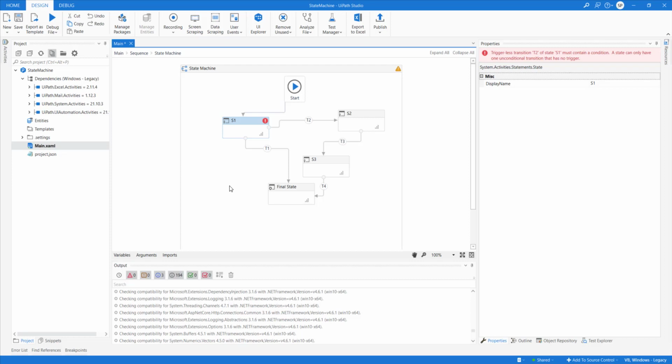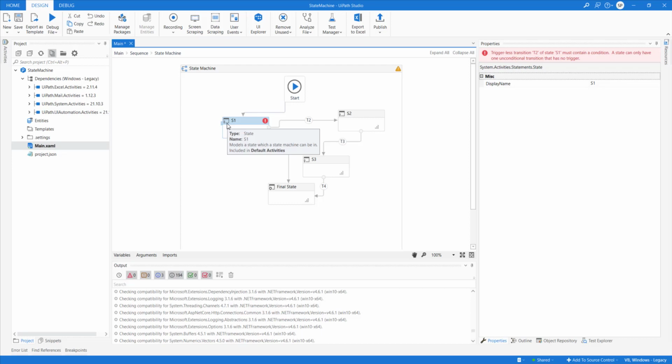Transition from one state to another state will happen based on some transaction, right? Or transaction is nothing but a certain set of conditions that has to happen, right? So if something has happened, say for example in S1, you want to read an Excel file and you are able to read it. That means it contains data.